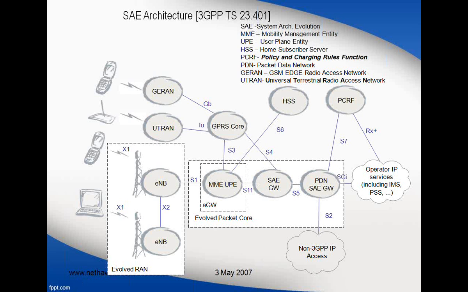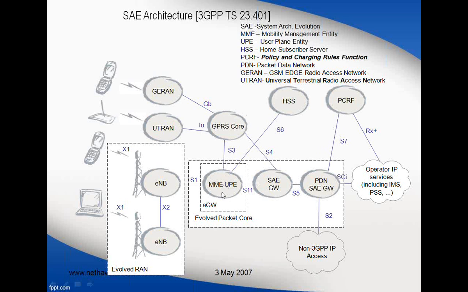HSS is nothing but the home subscriber server. When we are migrating to 3G and 4G, everything is based on IP. Then we have the HSS also, which is going to provide the basic HLR services. And this is going to communicate to the EPC or whatever it is, through the S interfaces. In general, I refer to them as S interfaces, but it could be different because between each and every node, we are mentioning it with a different interface notation.